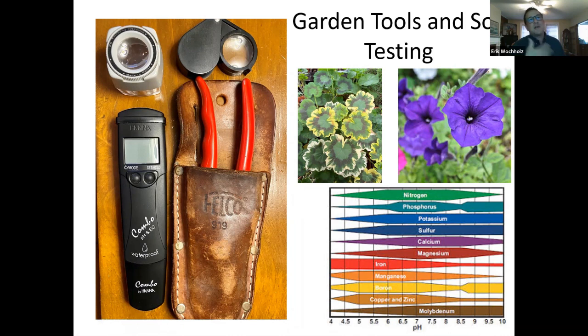Okay, so this time of year we're always thinking, should we put manure down? Should we put compost down? It's always good to test your soil. UNH used to have at least a few categories of testing, even heavy metal testing. I believe they're still doing it. You might as well double check. UMass is another place, Cornell if you want to send it out, but sometimes you want a full spectrum analysis